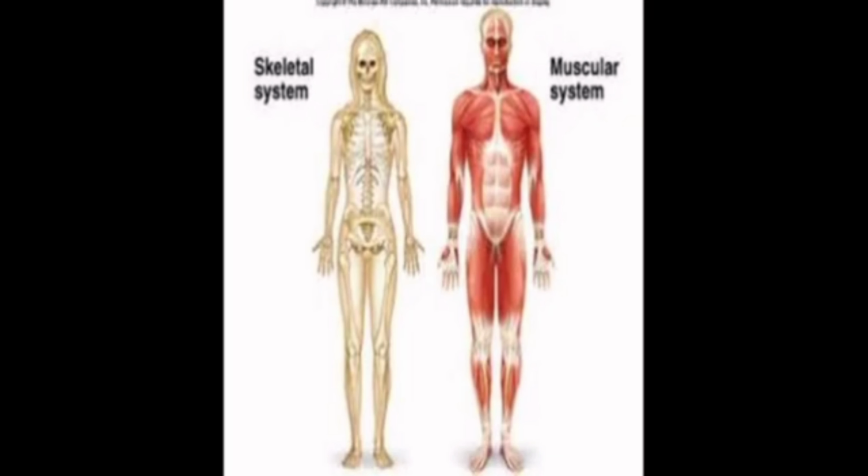Okay. So, the frame of a body is made up of bones, and it is known as skeleton. The bones of the body help in its movement, maintain shape, and protect the various soft organs such as brain, heart, and lungs from various types of injuries. So, in this chapter, you are going to learn about various types of bones, and our body movement with the help of bones.